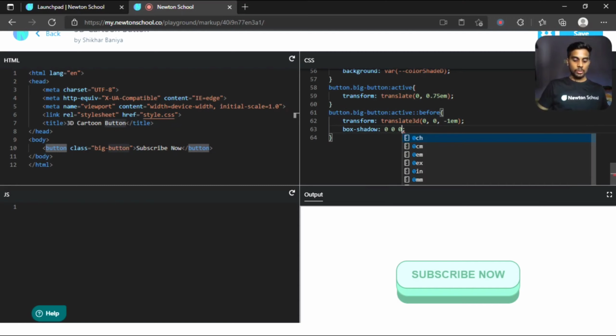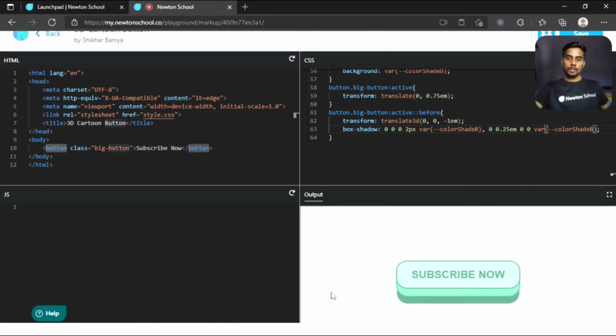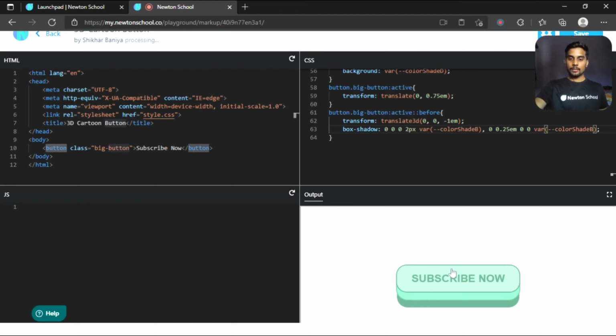So 0, 0, 0, 2 pixel, and the variable color will be B. Again 0, now this will be 0.25 em, 0, 0, and variable will be color shade B. Now when I click on it, you see both of those layers merging below the subscribe now.